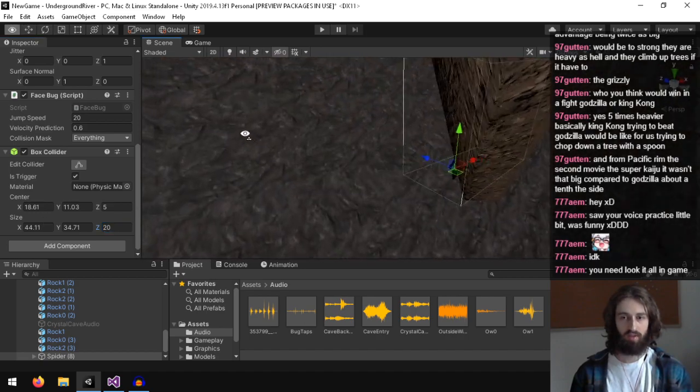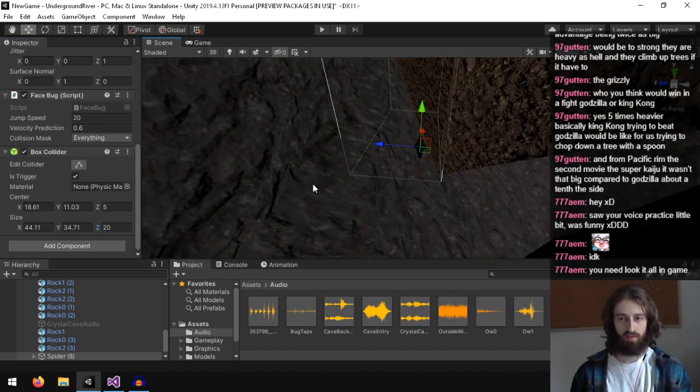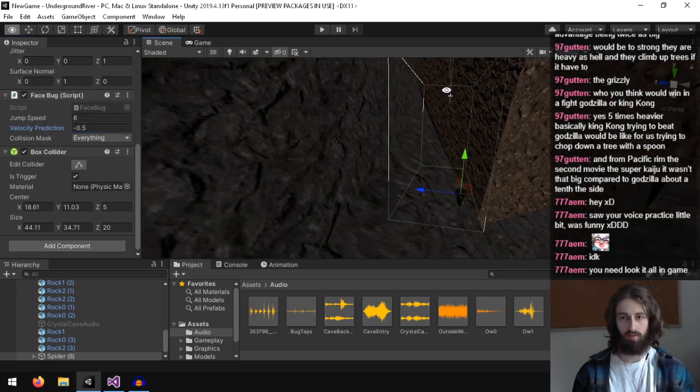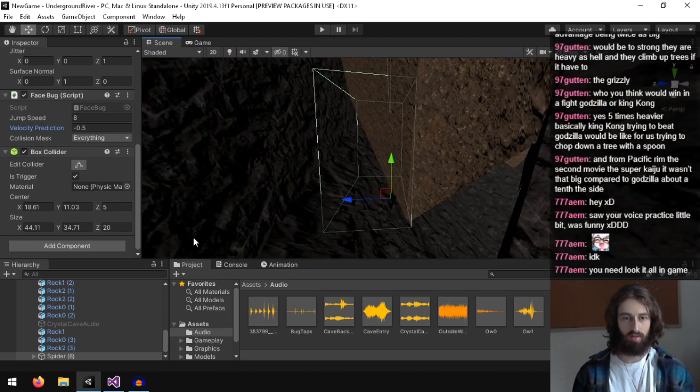So the box collider represents the trigger for when it jumps at the player. Basically, if the player walks in the green box, then the spider will go at him.